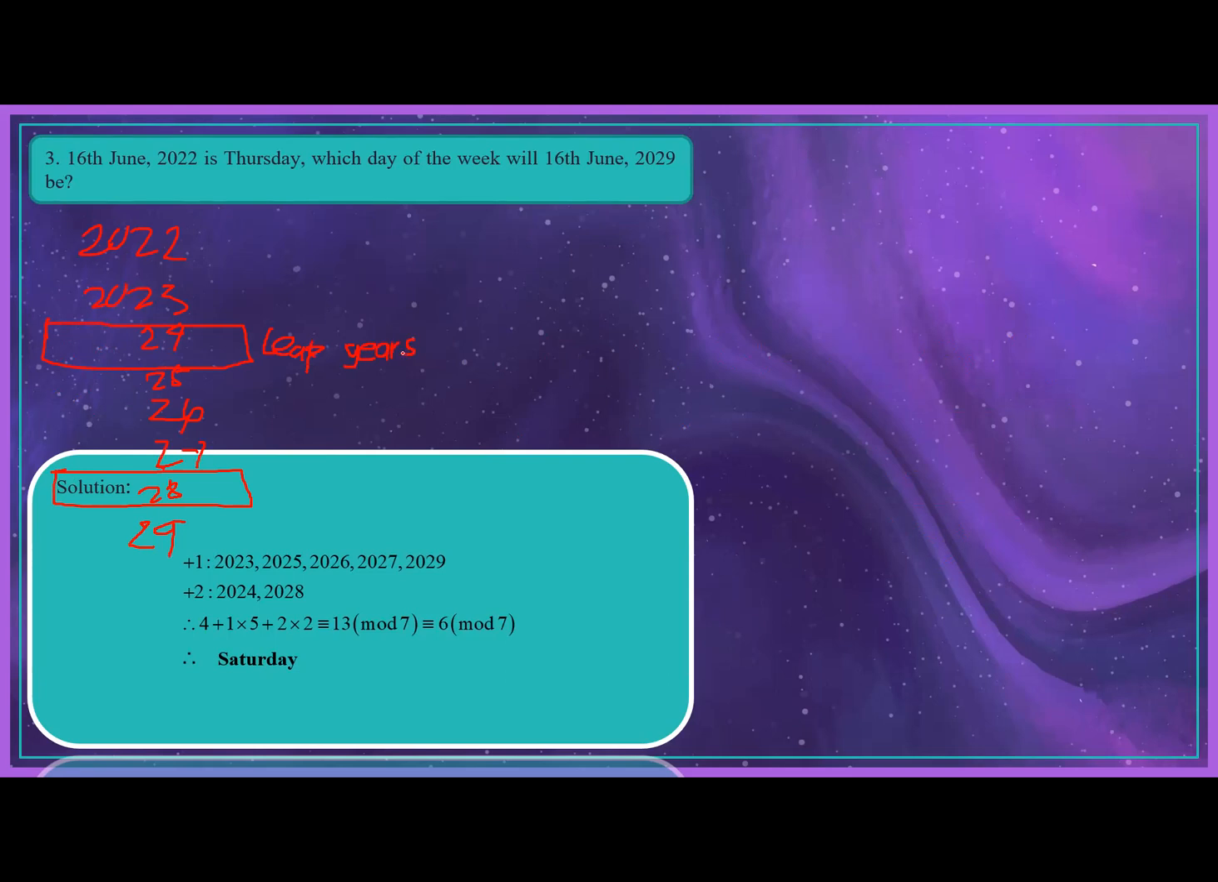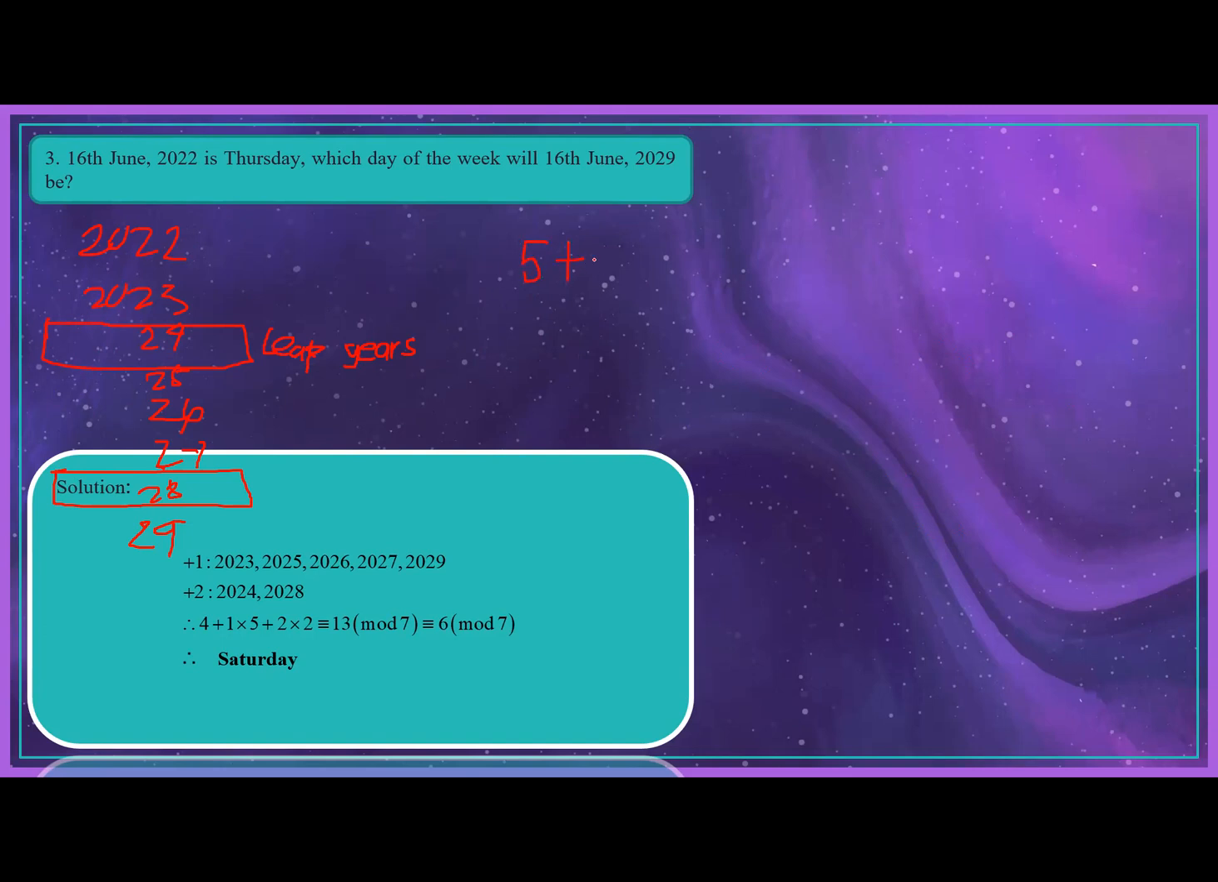The rest would be normal years lang. So basically, after 1 year, you only move the date +1. Okay, so this means that in total, there would be 1, 2, 3, 4, 5. Okay, so 5